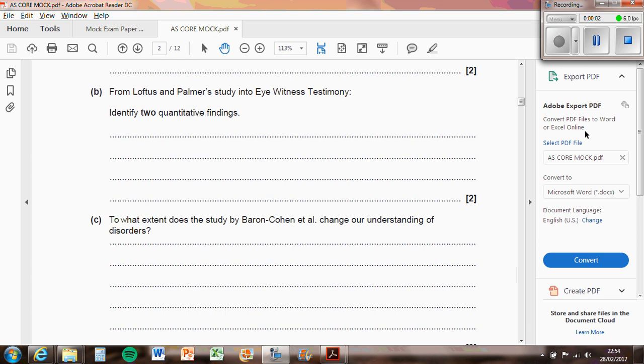So this question says, from Loftus and Palmer's study, identify two quantitative findings. Now, most of the findings in this study are quantitative. You could have either experiment 1 or experiment 2. But a finding would be that